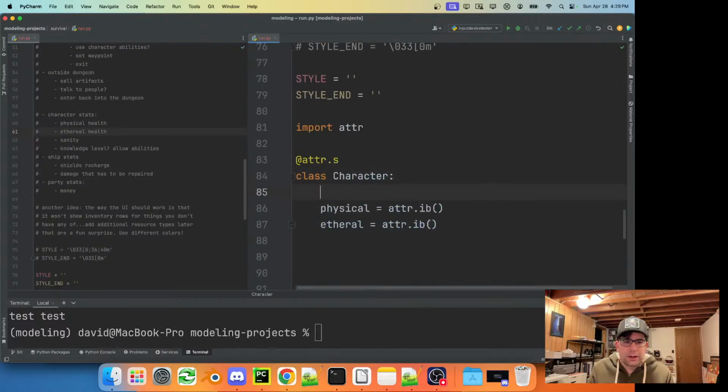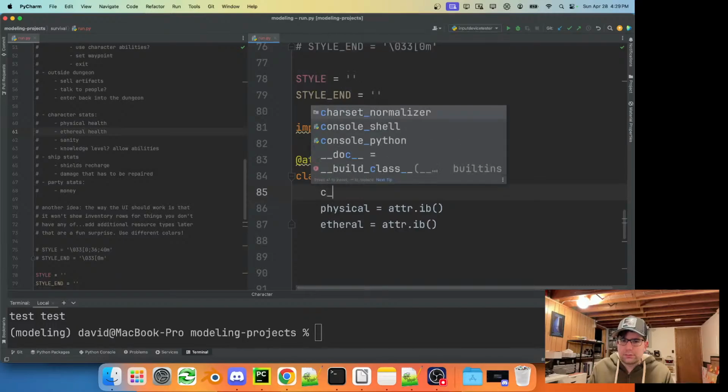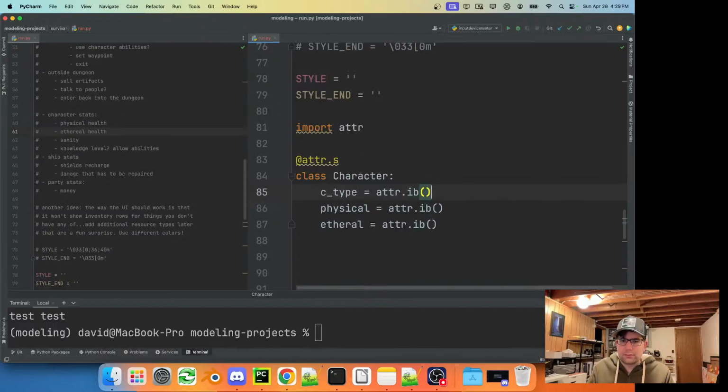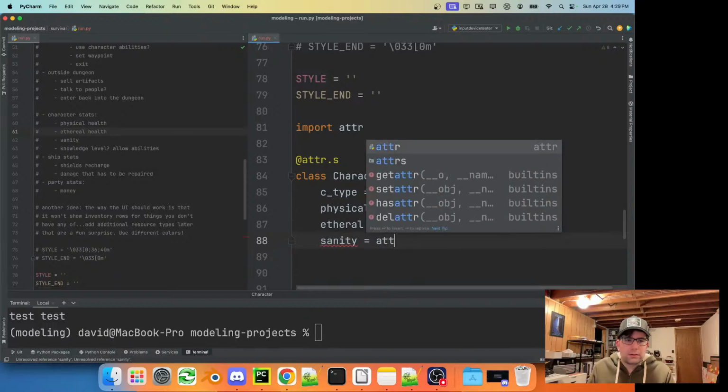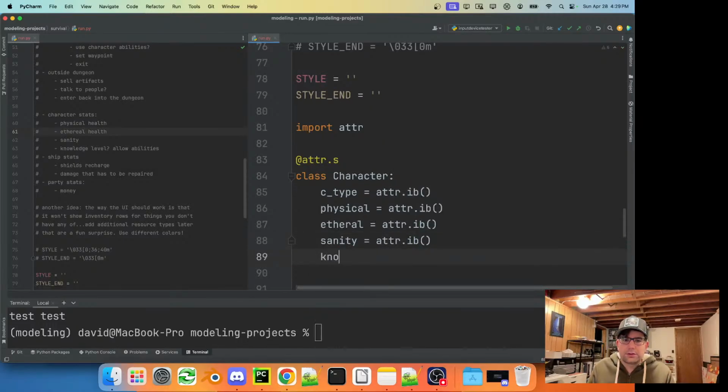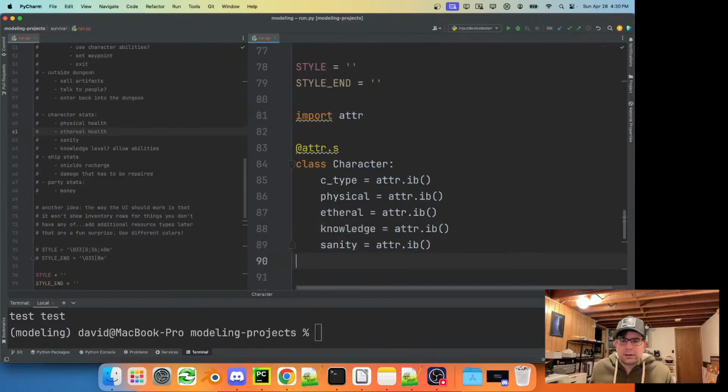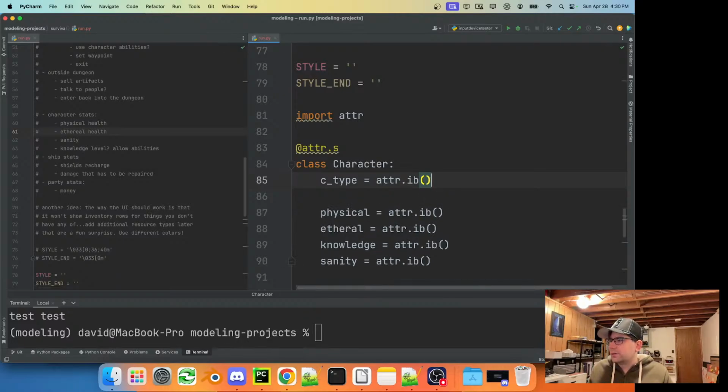Oh, and we want a type. And sanity, and we'll call it knowledge. 4 stats, that is plenty, I think, especially since there isn't going to be a max that can be recharged for each of them.